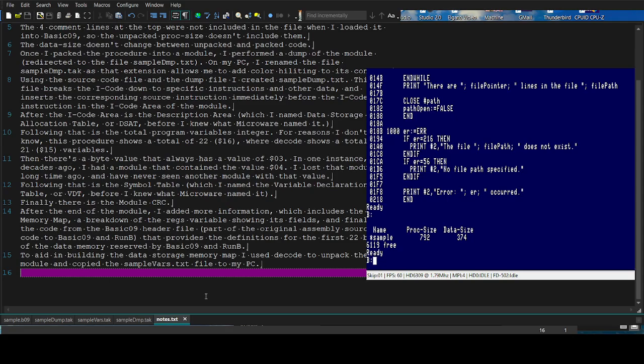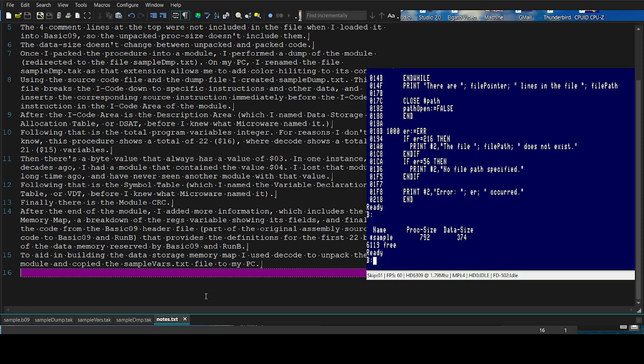I have always envisioned it to be three tables, one for variables, one for line numbers, one for everything else, or as I call it, comments. The variables, in my estimation, include the name of the variable and the offset address that's the pointer to where that variable occurs, where it points to, either in data memory or to the description area or to the symbol table. Okay? And then the line numbers